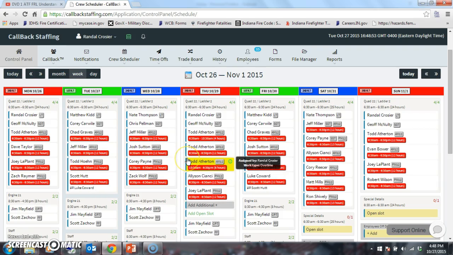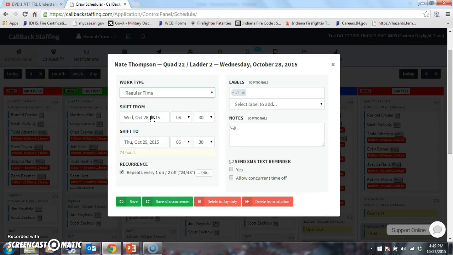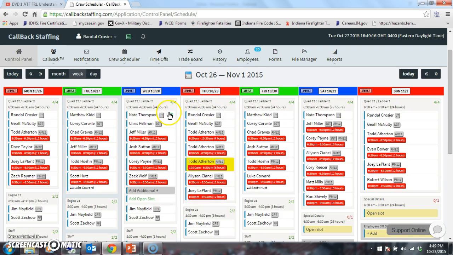If I have somebody that's held over due to a run, that's the last thing I want to show you. Let's say, for instance, that morning Randall comes in, Nate Thompson's held over. We caught a fire early in the morning like we did last Friday. We'll come in here, click on the little clock to the side of Nate's name,